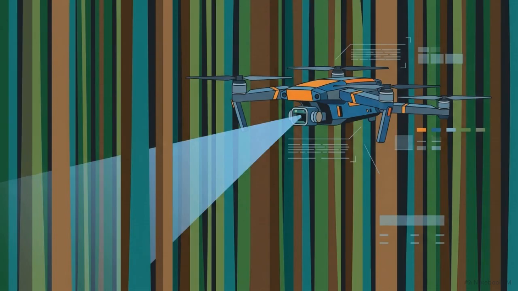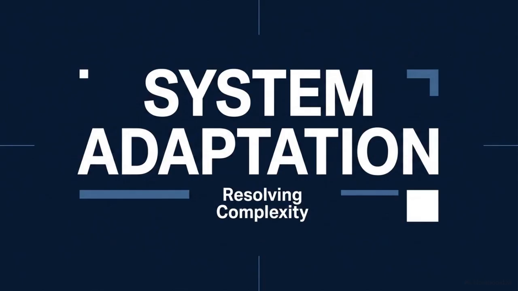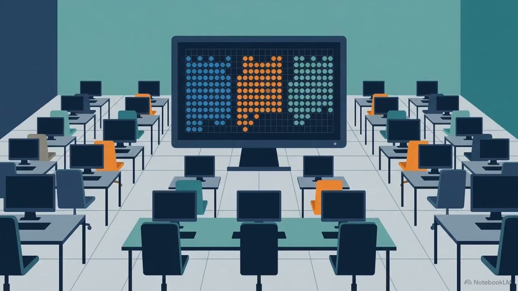To navigate that level of complexity, we need systems that don't rely on fixed rules. We need machines capable of analyzing their environment and adapting to new situations without human intervention. This is the exact problem artificial intelligence is built to solve. Instead of waiting for human instructions, AI uses a technique called machine learning to figure out the rules for itself.